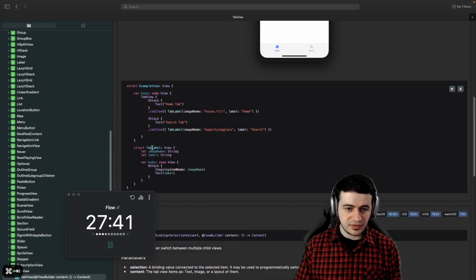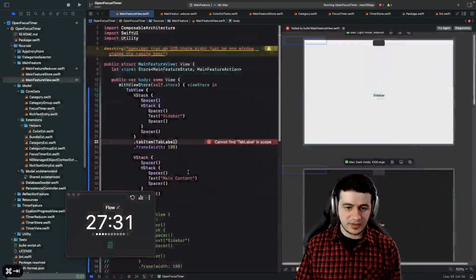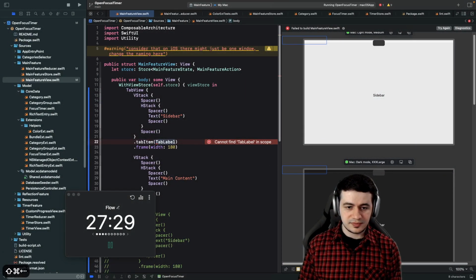Or is it? Oh, that's manual implementation. H stack with image and text. Oh, why an H stack? It looks like a V stack here to me. Anyways, I'm just going to use a label